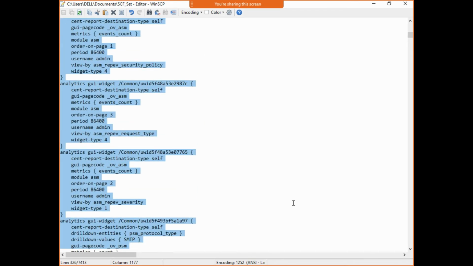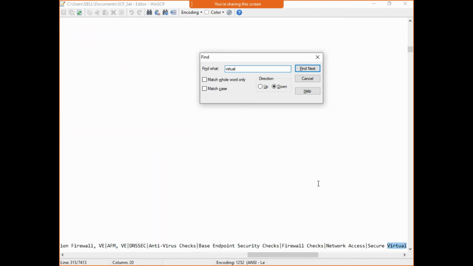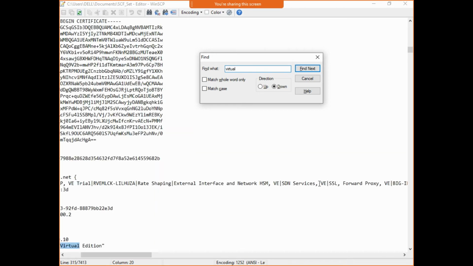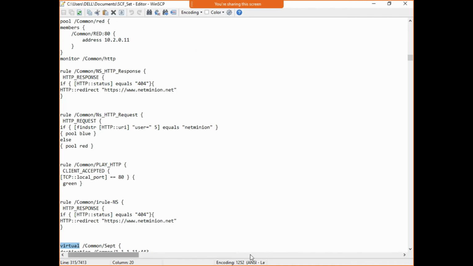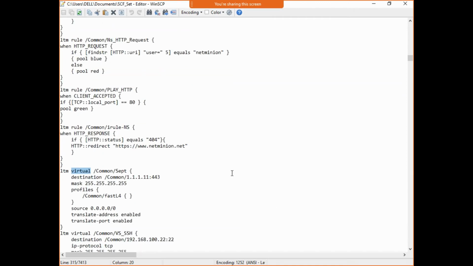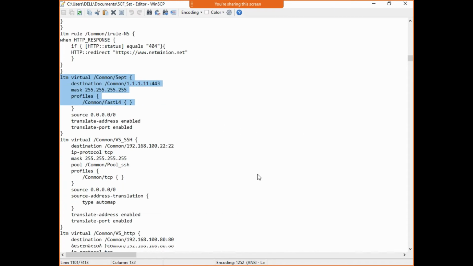Maybe whatever the configuration, let me find by using virtual. So here you go. Yesterday you created the September virtual server, remember, with this IP through the CLI. Then we have this virtual server also.